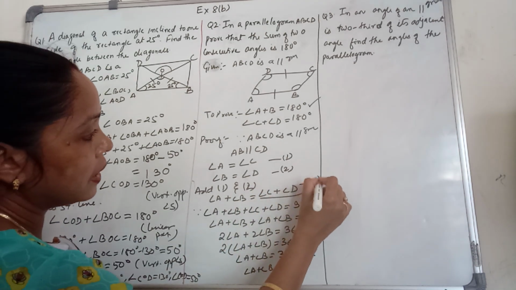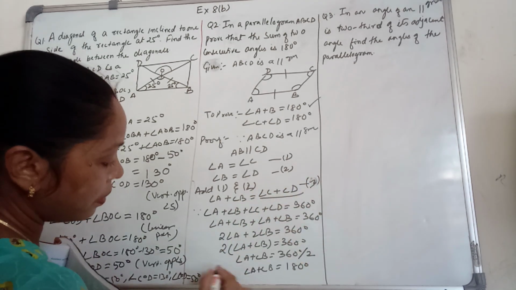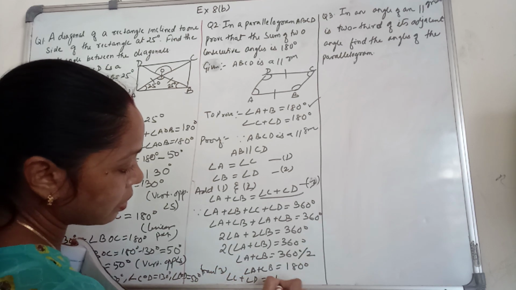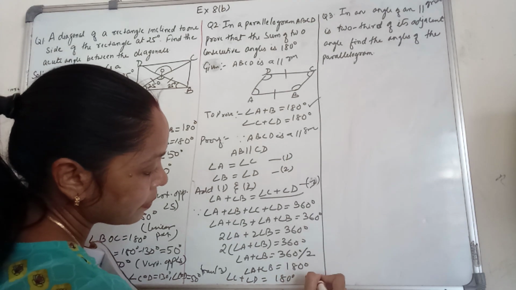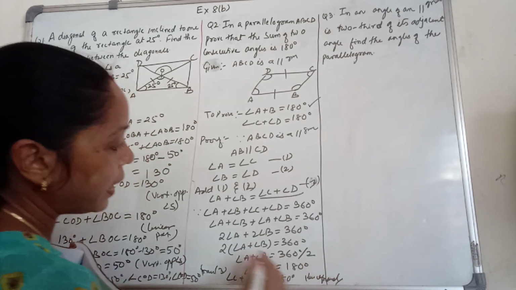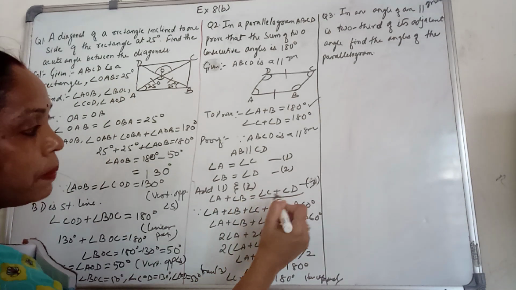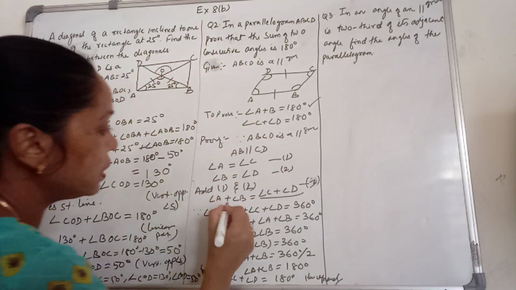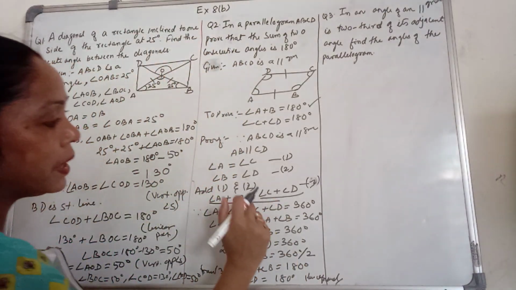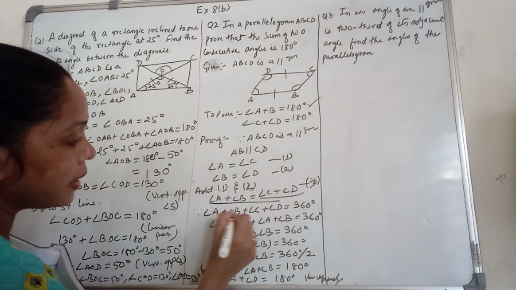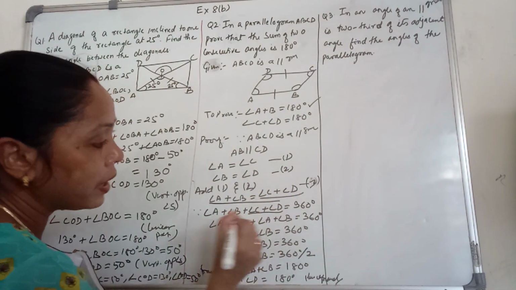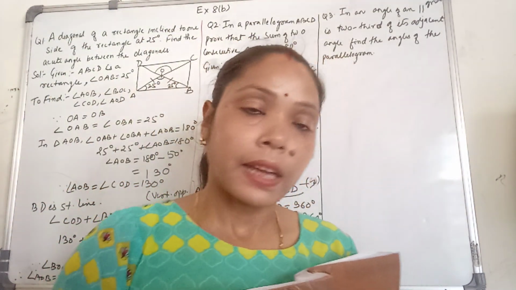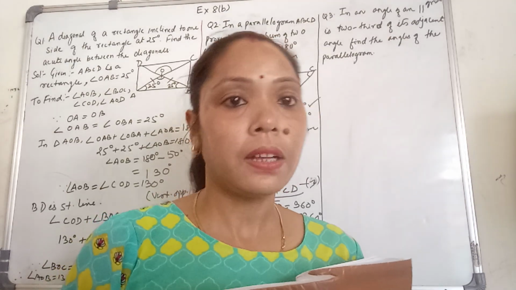Now make this one as 3. So from equation 3, what can you write? From 3, angle C plus angle D is also equal to 180 degrees. Hence proved. Why? Because the sum of angle C plus angle D is equal to angle A plus angle B. So you have to know this step. Angle A plus angle B is equal to angle C plus angle D, so in place of angle C plus angle D, we are writing what? Angle A plus angle B. After that, the simple calculation by taking 2 as common.